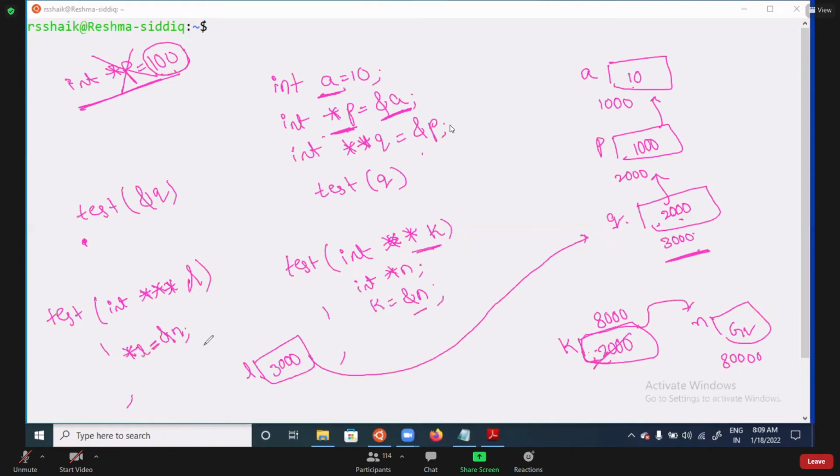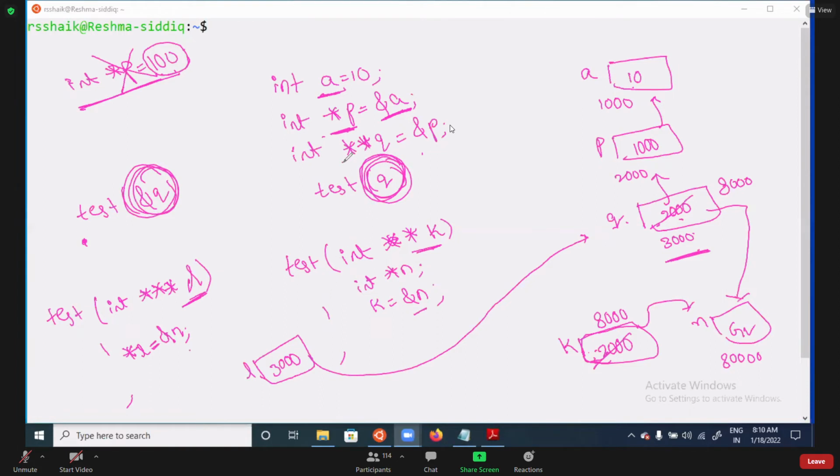Star L means in the 3000 memory location you are modifying. So it is affecting this. If the L value is modified, that means with respect to L, you can modify this Q. So that is called call by address. Any doubt in this still? So all of you are clear on call by value and call by address. If you are passing directly like this, this is call by value. If you are passing the address, then that is called call by address. Remember that point.